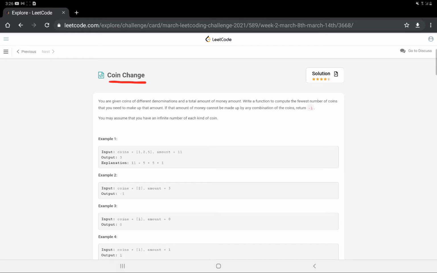So basically we are given coins of different denominations and the total amount of money, that is the amount, and we have to write a function that will compute the fewest number of coins that will be needed to make up that amount. All right, and we have to return the number. Basically we have to return the number of the coins that would be used, or otherwise we have to return